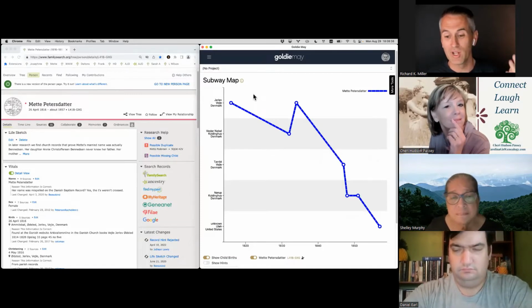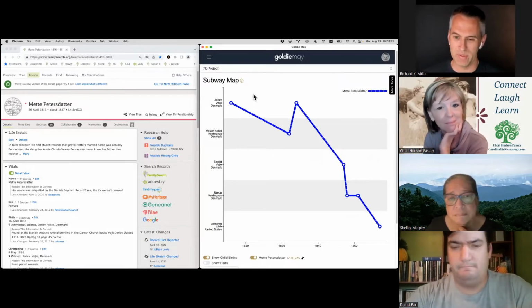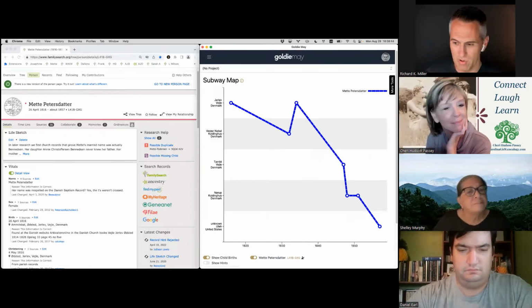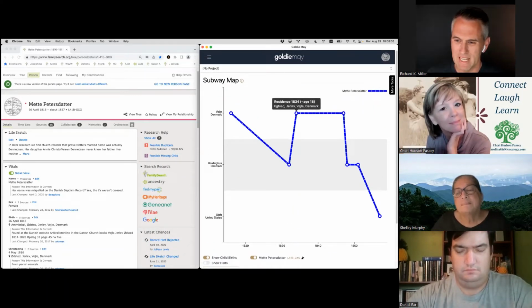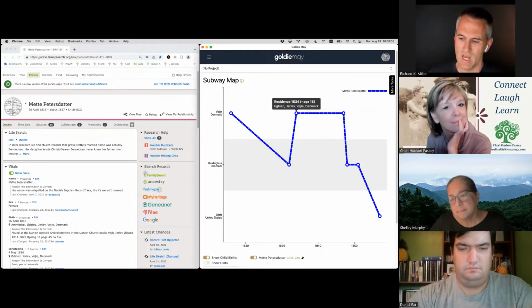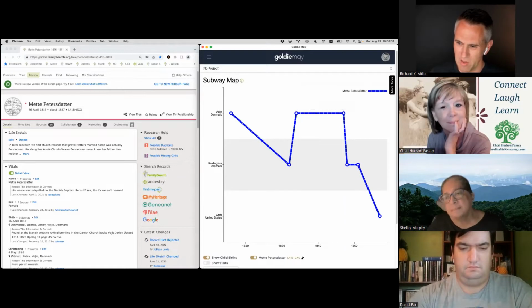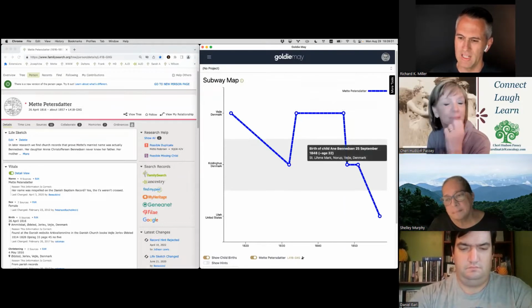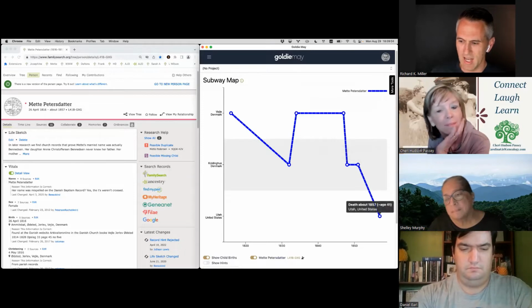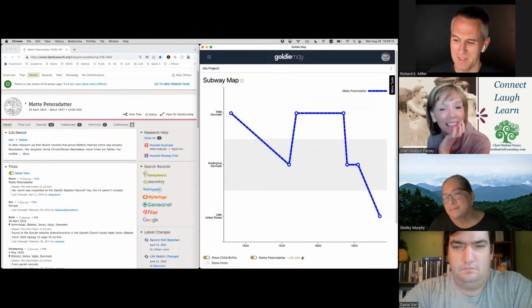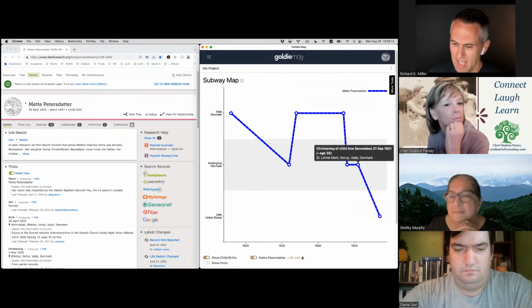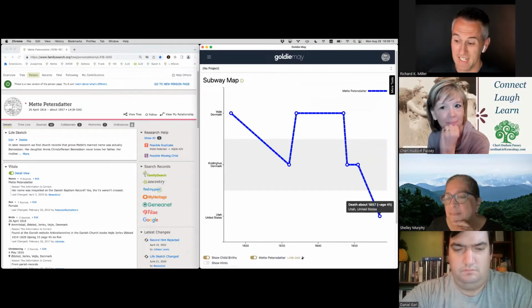So if we want to look for a consistent story in the places, the subway map helps us see that. For example, I'm going to switch from this county view to the state view. You can see that she was in this part of Denmark consistently over time. That's a horizontal line. When she moves down to this other part of Denmark, that's a migration, a vertical line. When you see a diagonal line like this, that's not a slow walk to a new place. There's some ambiguity about the data in between. So we know that she was in Denmark at age 35, and then 6 years later, she's in Utah, but we don't know where she was in between for those 6 years.